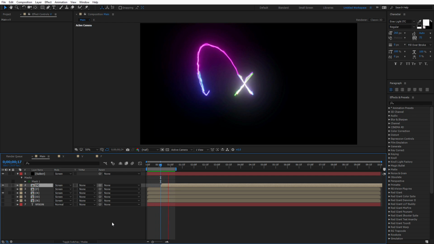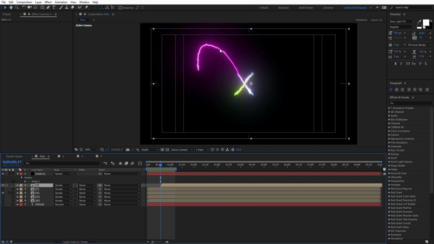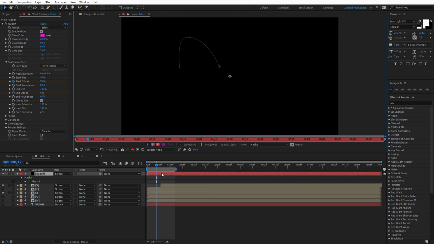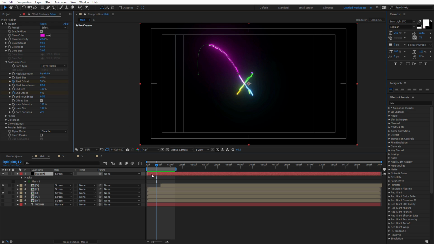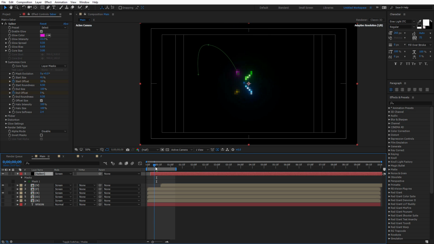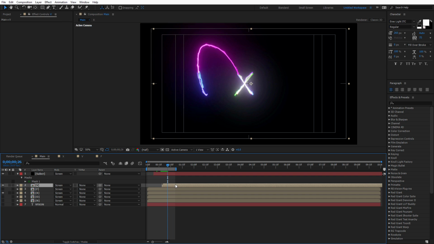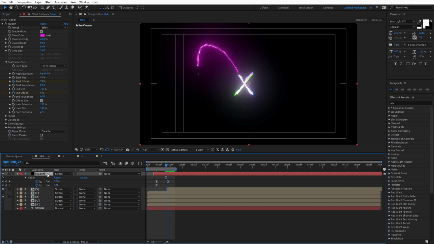I think it looks okay, but we still need to get rid of this line, obviously, right? It just can't be standing there and waiting for something as well. I think the line maybe starts a bit too soon. This animation starts a bit too soon, so I'm gonna move it back, maybe even more. Something like that, and then around this point, I want the animation to start for letter V, maybe even around here. Yeah. Okay. And now what we do is we press U on our keyboard to see the